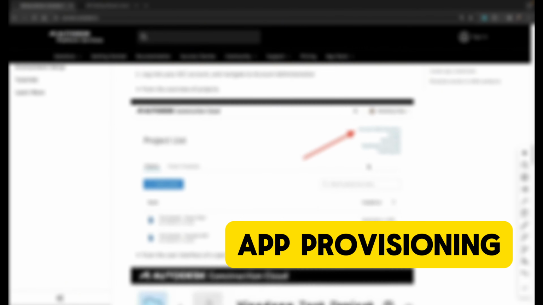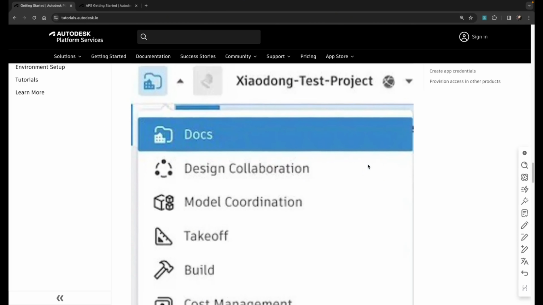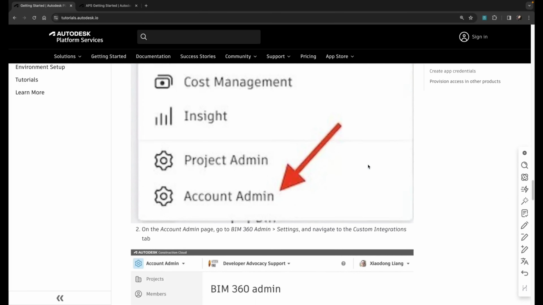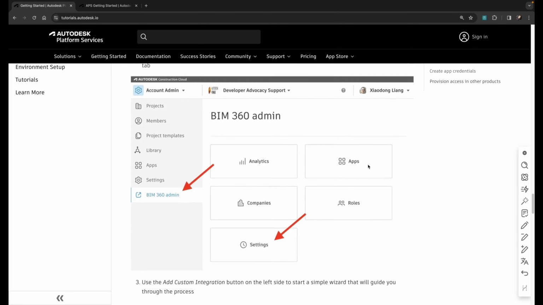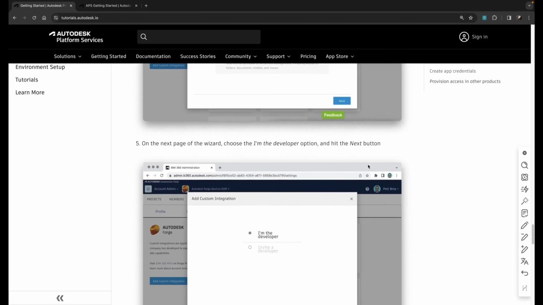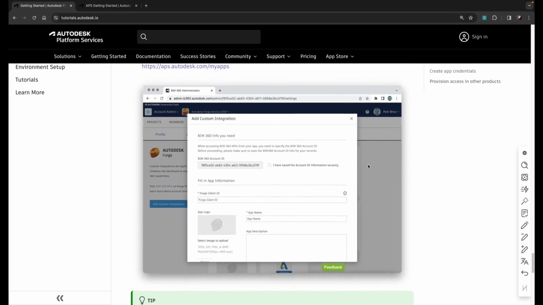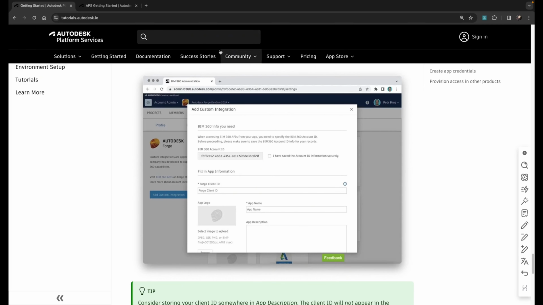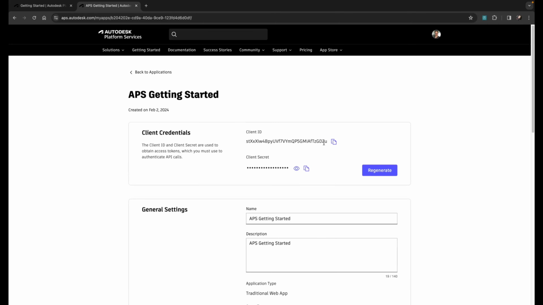It's important to note here the need for provisioning access for your application to integrate with other Autodesk Platform Services products. This is an important step in the development process. This integration is required and allows your application to access required data. Make sure to set this up before moving forward. Use the client ID that you created before in your APS application. It's important to make sure this is correct, or you will get access errors when developing.